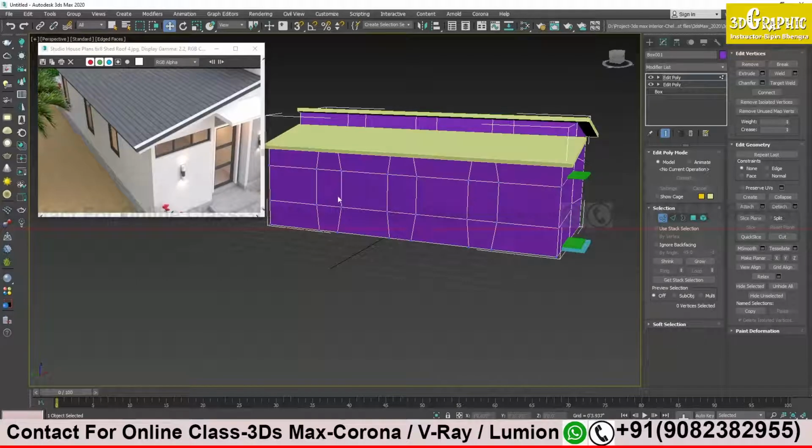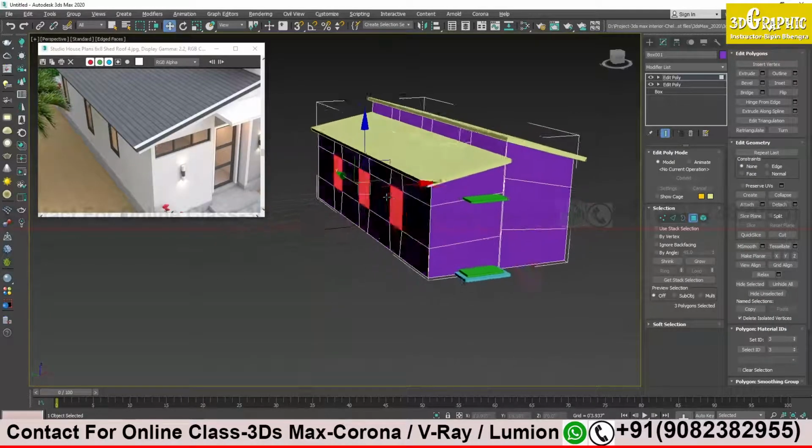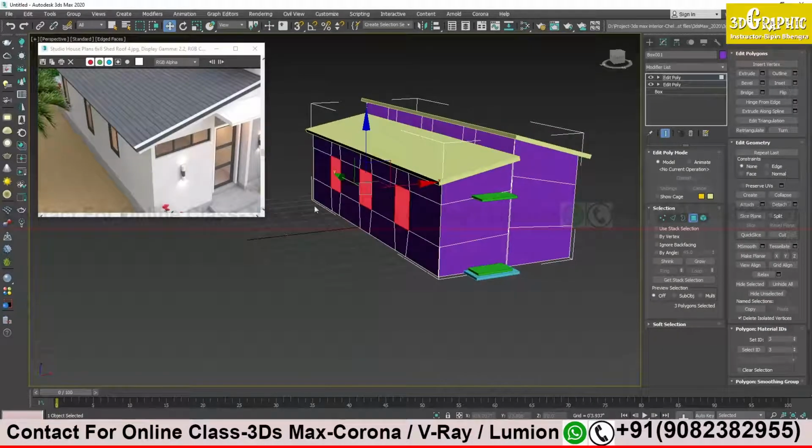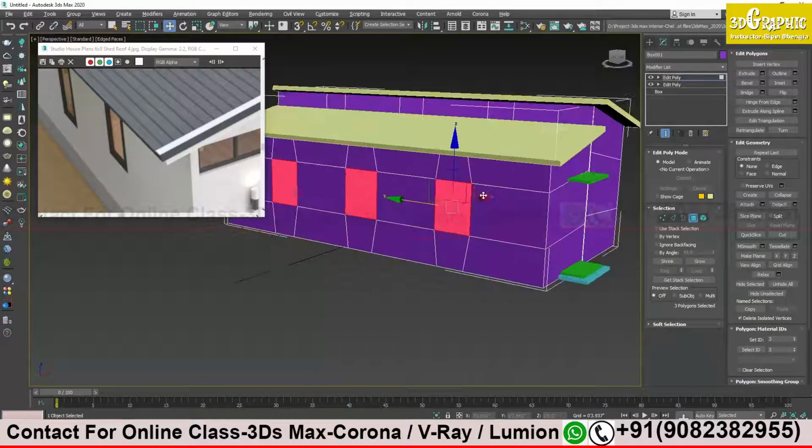Now I have to select the face over here, the polygons. I will go to my polygons and this is my window area. Now my window has a black panel and there is a glass. Suppose there is a blue glass and a panel. So what will I do?